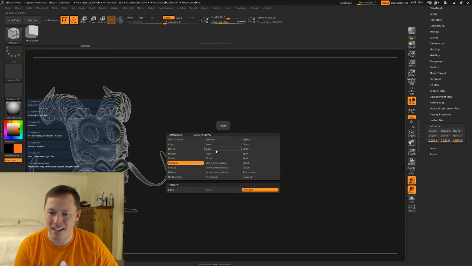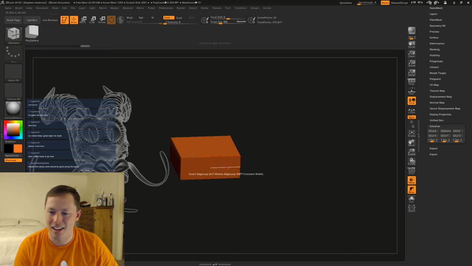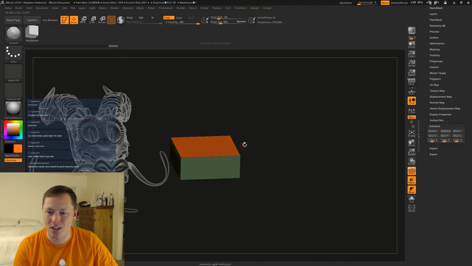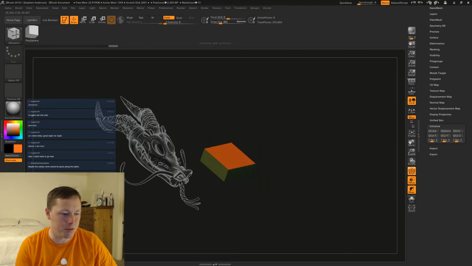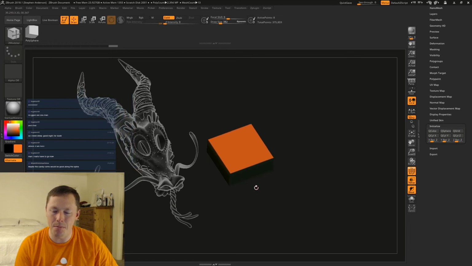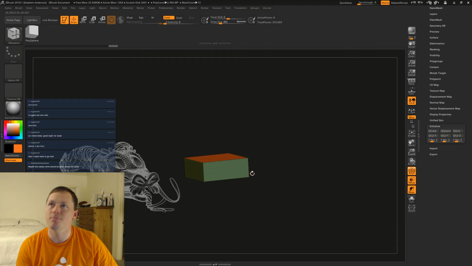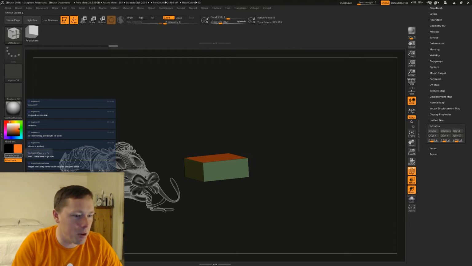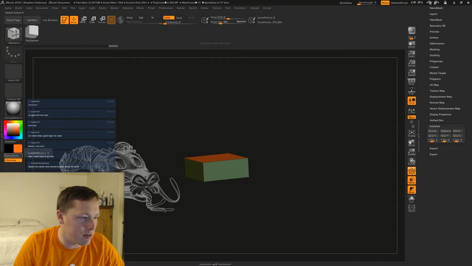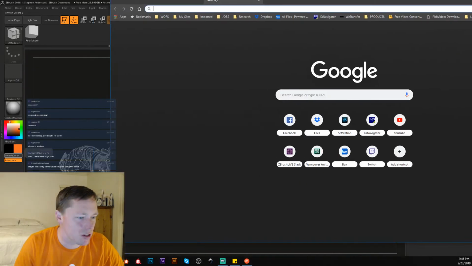Okay, let's insert. Okay, that way we're starting off with a regular cube. Okay, let me see. Probably going to want it to have a bit of a gecko sort of feel to it. So let's